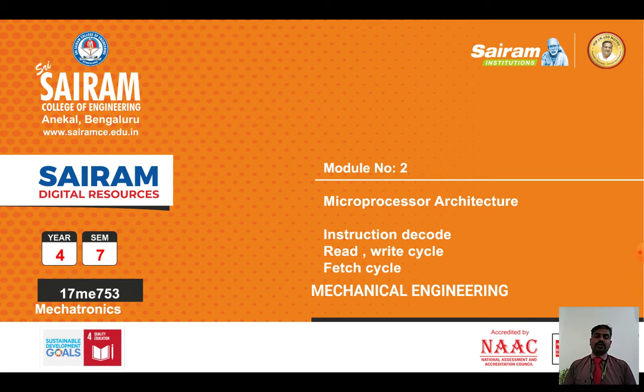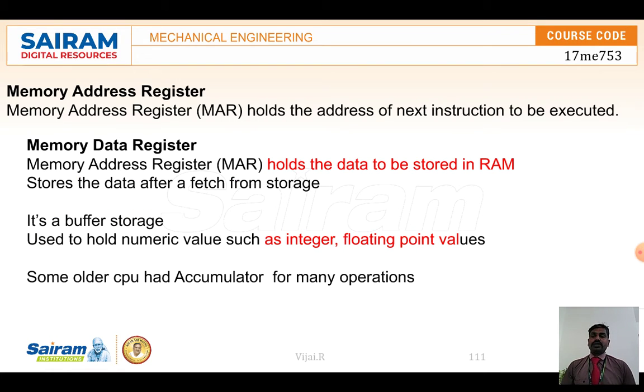For doing a process, how will data be taken in from the input devices, and how will it be sent to the output? We are going to see that. The memory address register holds the address of the next instruction to be executed. For execution, each and every instruction is needed, and the instructions are already stored in some areas. So the memory address register (MAR) will help you get the next data from where it is saved.